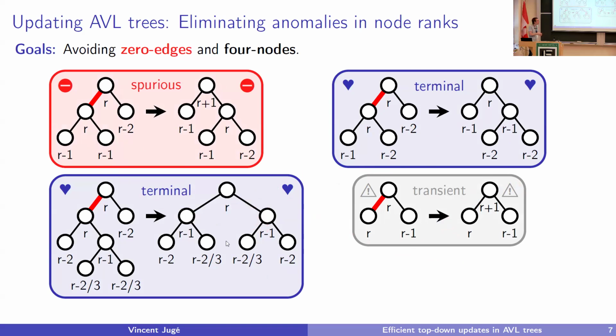So if you do the induction, whenever you find a zero edge, it's because you created it at the bottom, at the leaf, or because you previously had a transient operation. But all transient operations result in having a node with a 2 child. Even if this one was not spurious, it would have a 2 child. Therefore, the node at the bottom of the zero edge must have a 2 child, and this is not possible here. We can deal without noticing that this case is spurious, but it saves us computational time when computational effort is important.